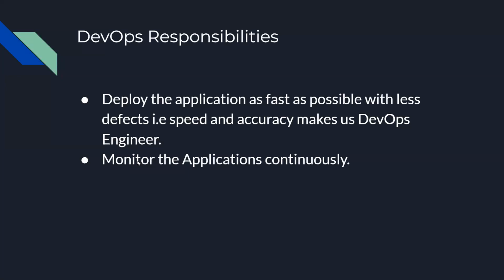It's our responsibility to deploy to all environments, not only production: dev, testing, pre-production, performance, production, any environment. We have to deploy it automatically, in the sense that it will obviously be as fast as possible with fewer defects. So we have to maintain speed and accuracy. If you maintain speed and accuracy better than your competitor business, then definitely you will win the customer experience. That is the primary responsibility. If you see some manual processes going on, we will step in and try to automate them as soon as possible.